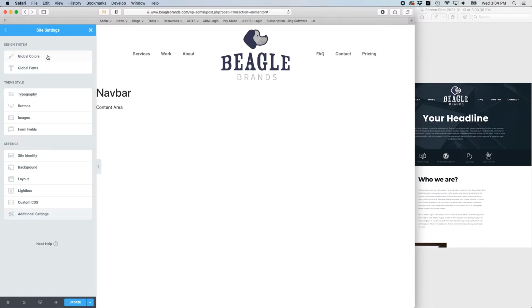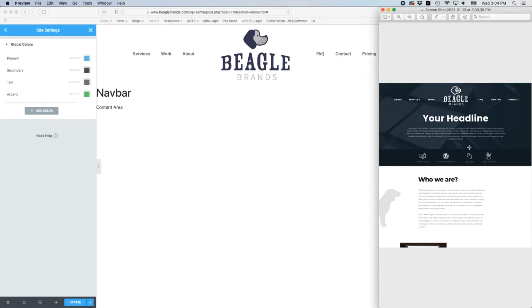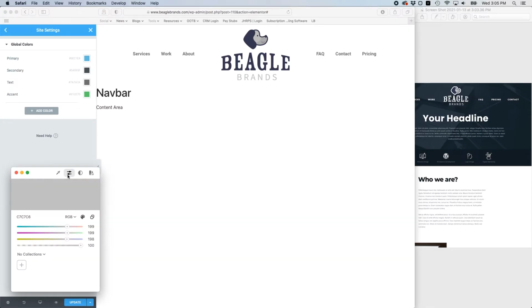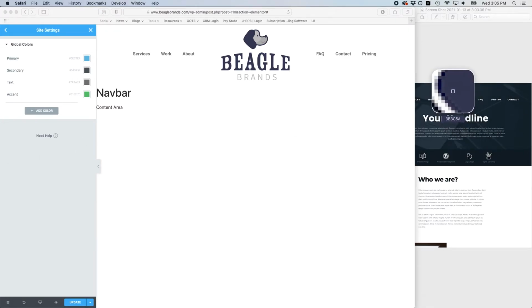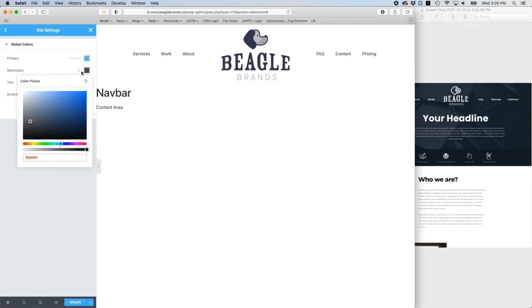So we're going to jump into global colors first, and you'll notice that these colors are not really matching what I designed in my mockup. So I'm going to want to update those. And the cool thing about this in Elementor is that when you update these, they will, as it says, be global colors. So when you update them there, they will be updated everywhere. So we're going to go ahead, I think for primary color, I actually kind of like that blue. For secondary, I'm going to make sure that blue matches my dark blue. Grab the hexadecimal for that blue right there in the dog ear, and we're going to click on that and